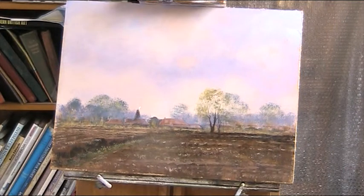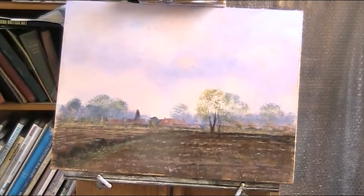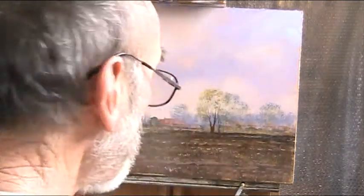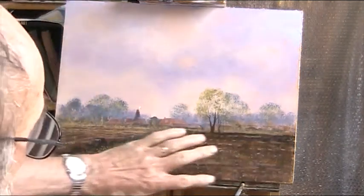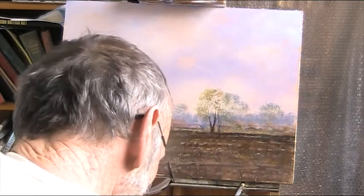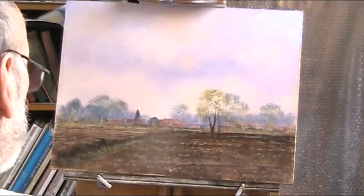I think maybe we will call this part one, because this is going to take quite a bit of time, because we've got all this to do and we've got all the modelling to do in the field here. But before we sign off for the day, which has been nearly an hour,